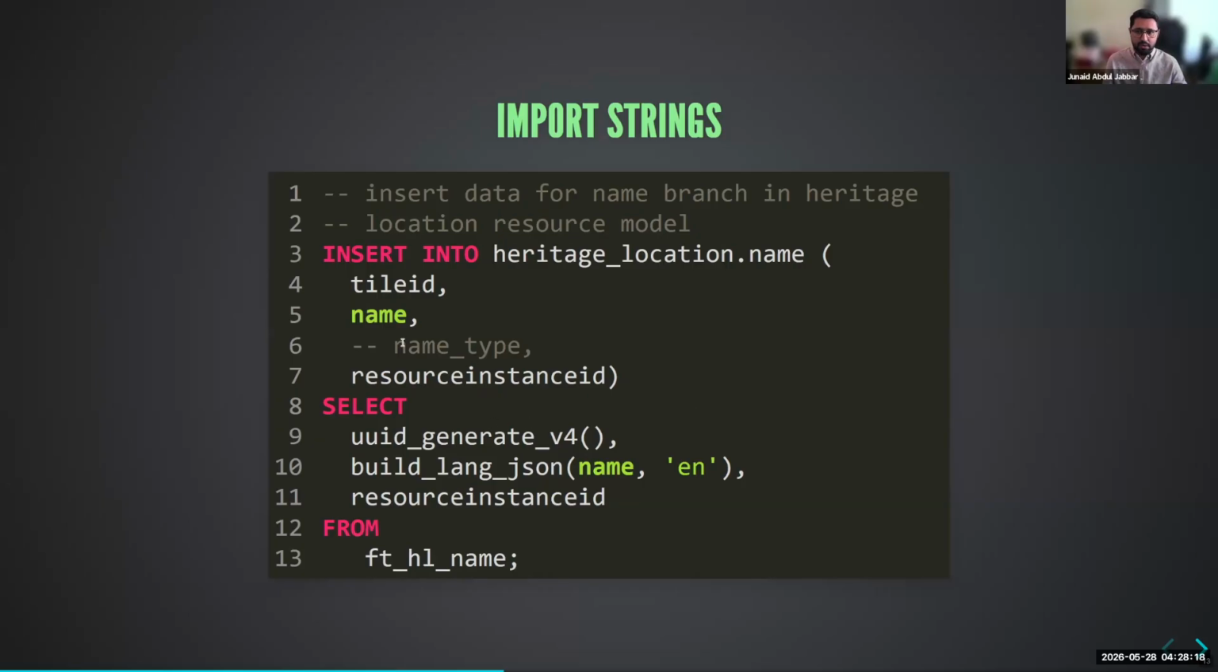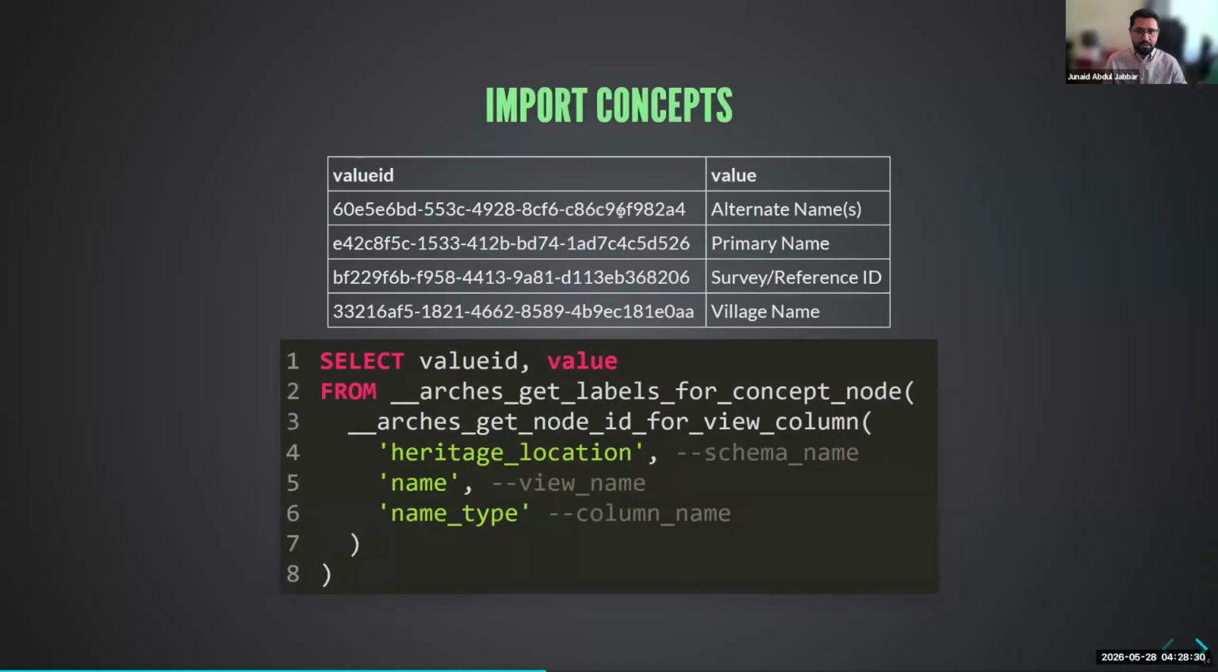So as you can see, name type is commented out here because name type is a concept data type in the resource model. And in order to import data for it, Arches requires the UUID for that concept rather than the value. So if the data has primary name, it would expect us to give it the value ID for it in the tile data. And we can create this lookup using, again, a set of functions, which takes the name of